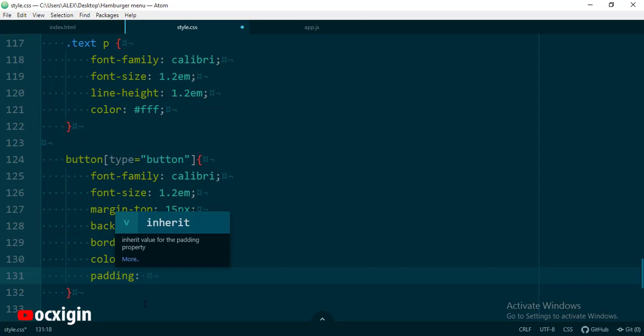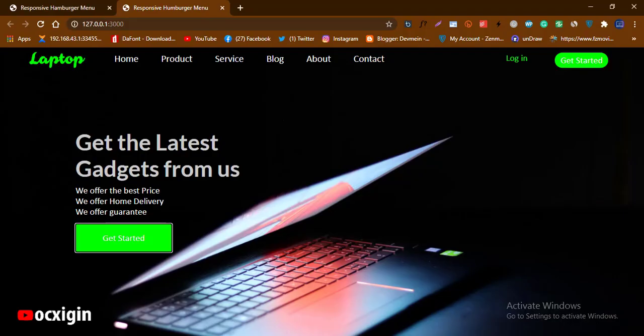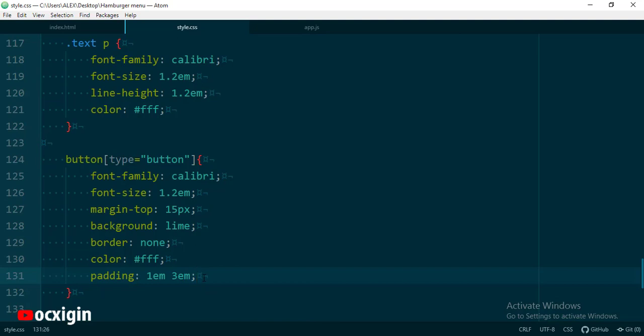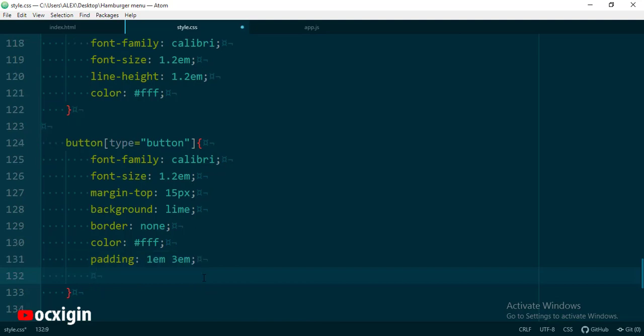I'll say 1 em, 1 em, 3 em. Now one thing about it, let me see if you have an idea what I'm doing. Now 1 em says that from here to here is 1 em. From here to here is 3 em. Okay, so you have an idea of what's happening. So this is the background right here. The color is white. So the next thing for me to do is that I'm going to add border radius